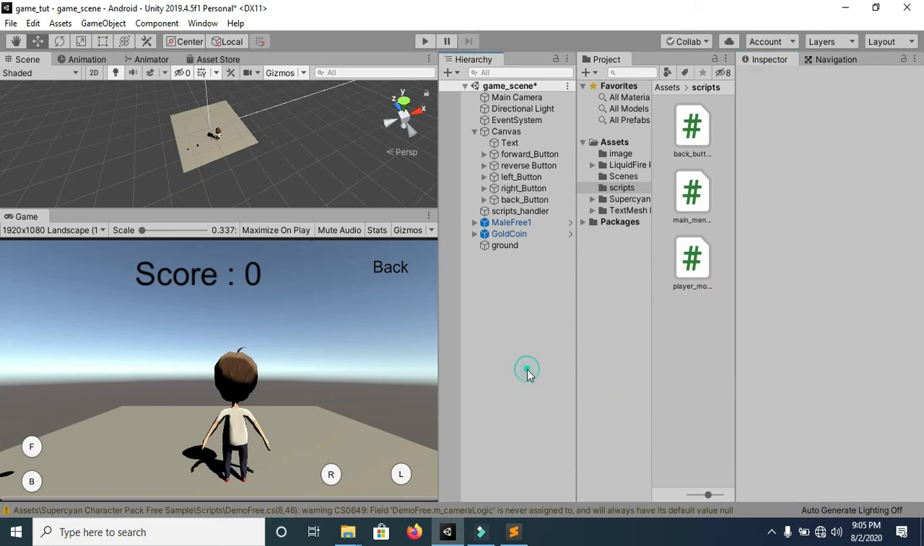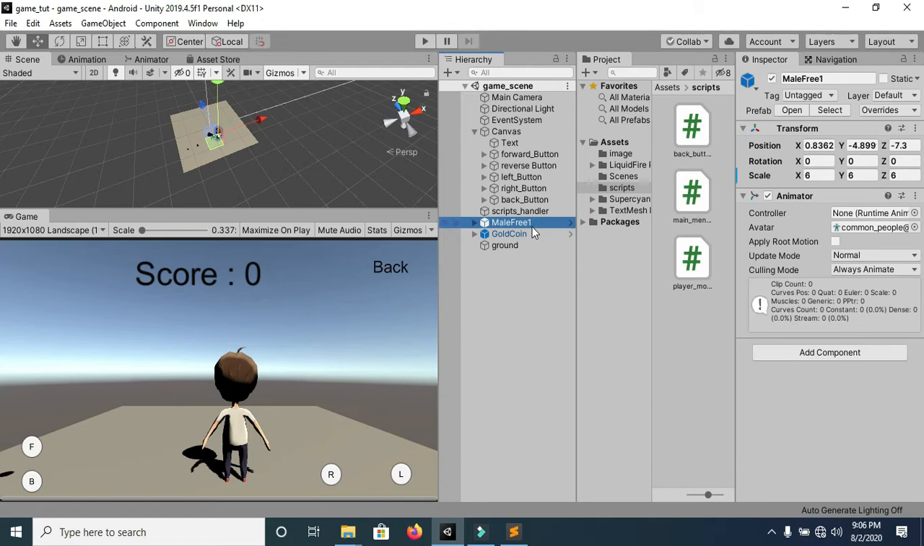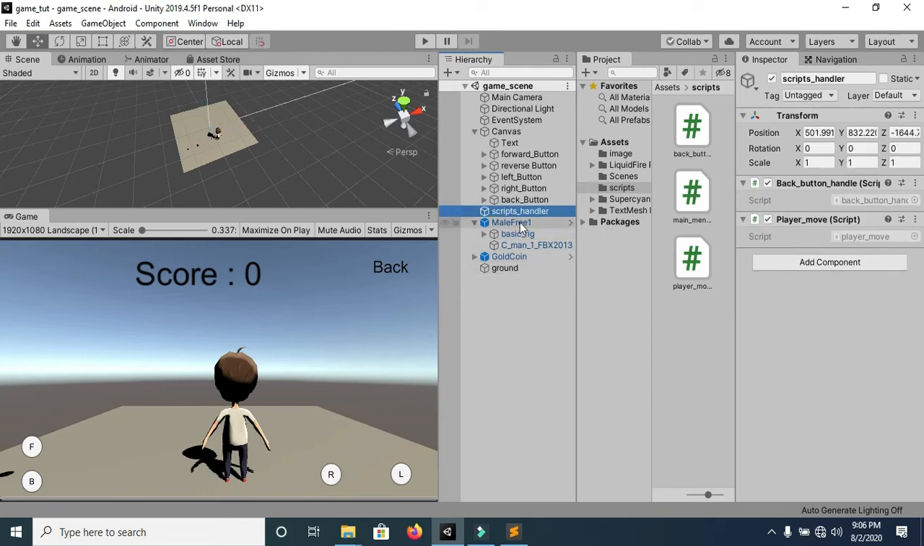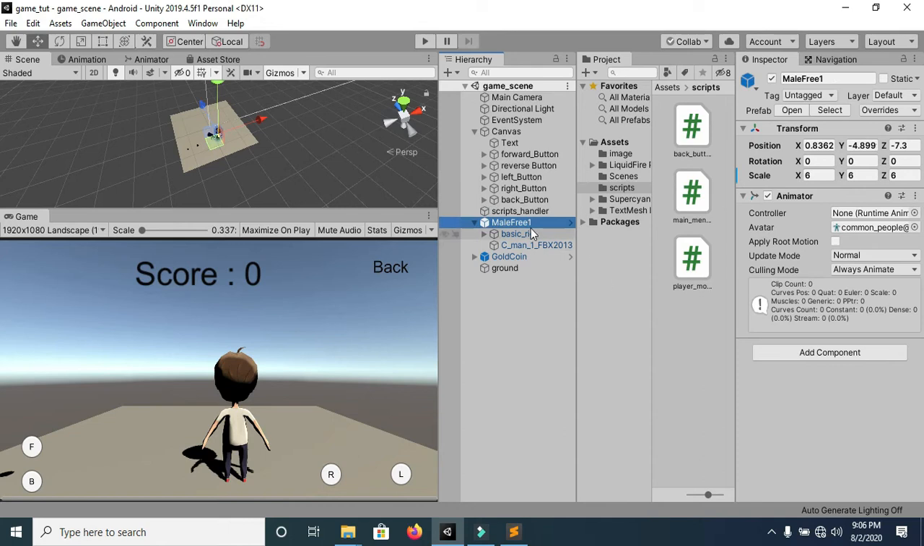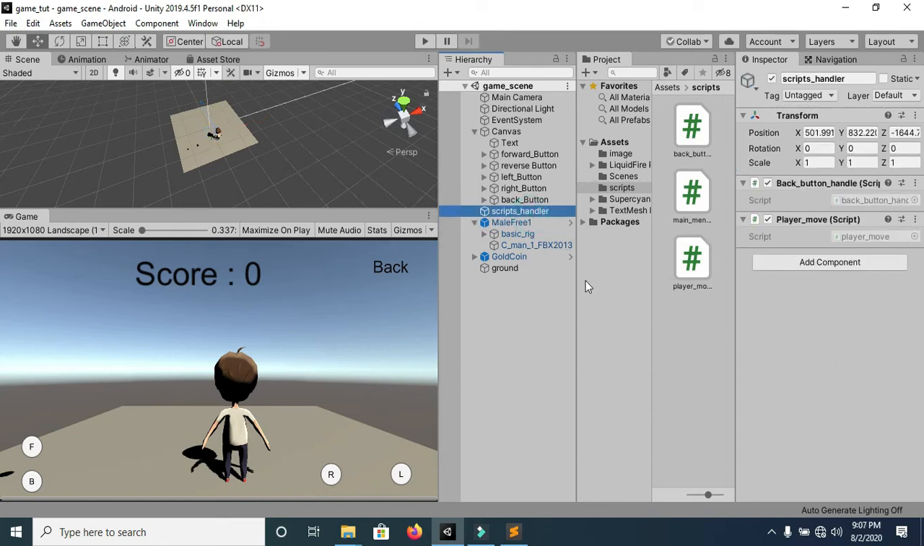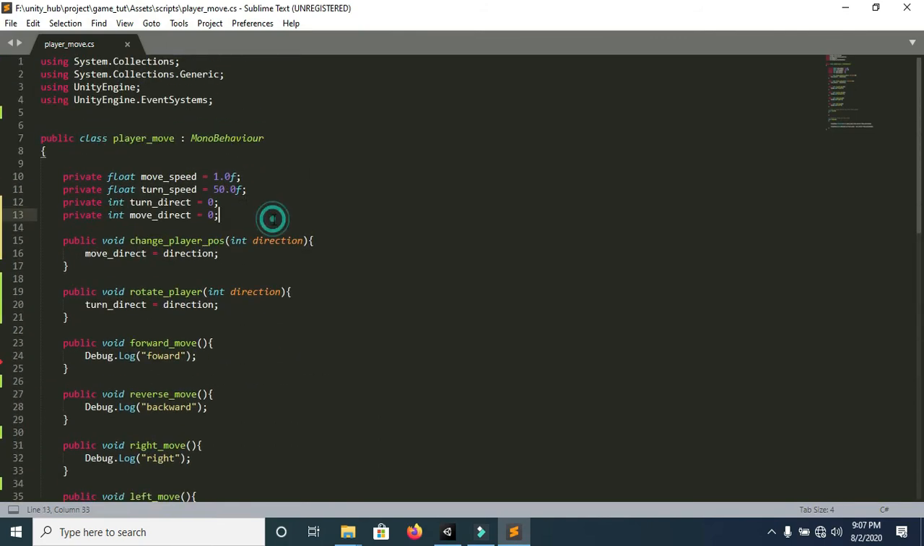Now save this. Okay, so here I forgot to mention one thing, that we have to attach script to this player, because we want to change its position and we want to rotate it. So we can assign this player script to our player, or we have one more option. We can create a public game object,